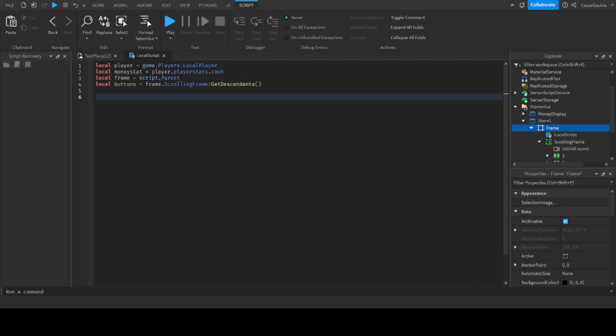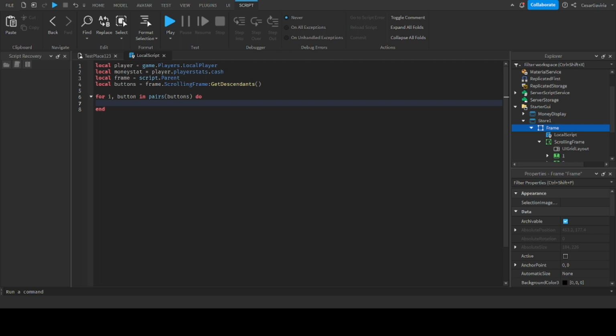And so what we want to do is have a for i,v in pairs loop run through all these buttons and figure out which ones are actually buttons. And then whenever it figures out which ones are buttons, that's when we can start making the buttons do their functions based on which player pressed which button. And so we're going to go ahead and loop through this. So we're going to say for i, button in pairs(buttons) do,